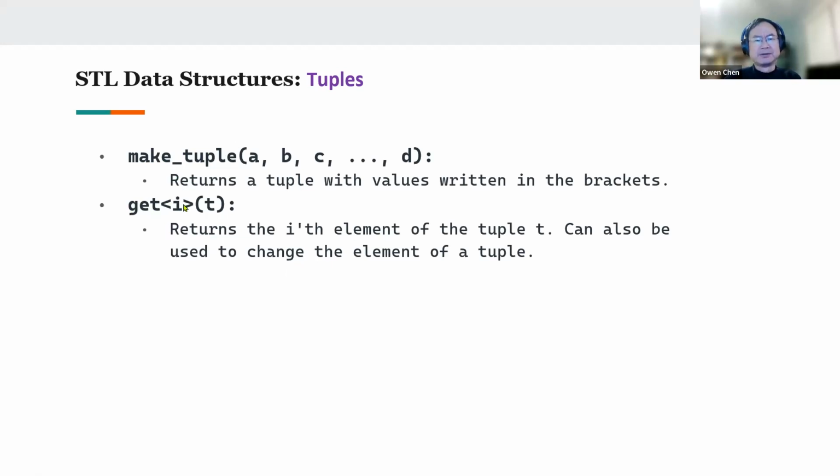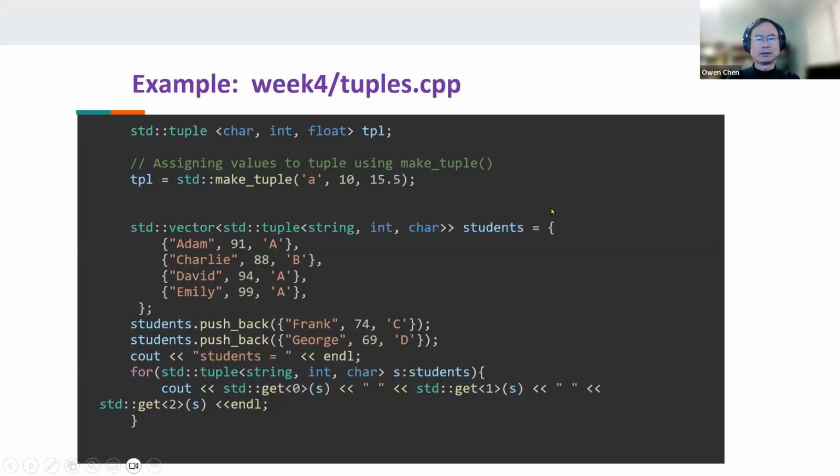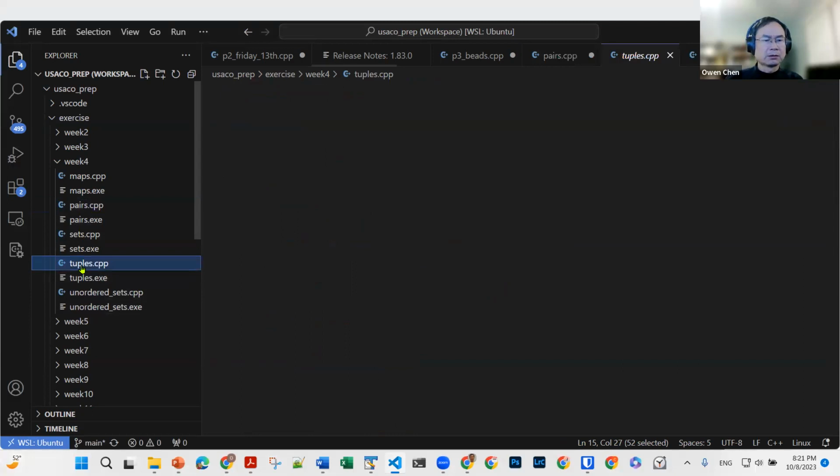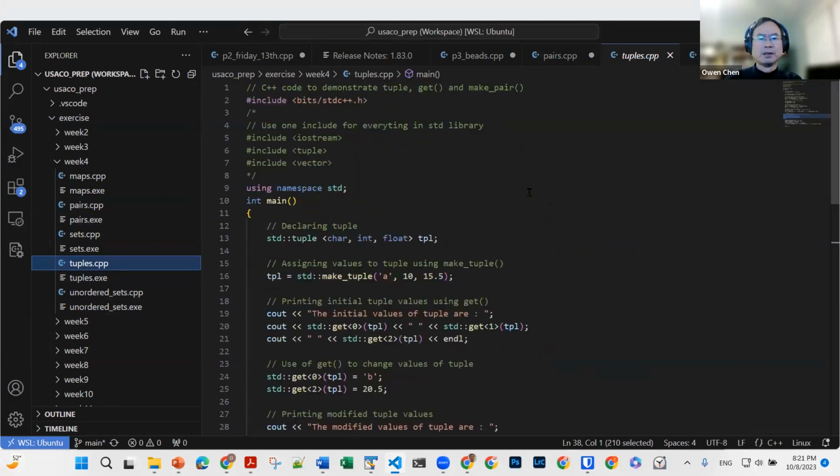So this is how you use this get<index>, to get a value from a tuple. So let's look at an example. Look at the tuples example. Similarly, we just use this with the standard C++ header file, where we have to include tuple,